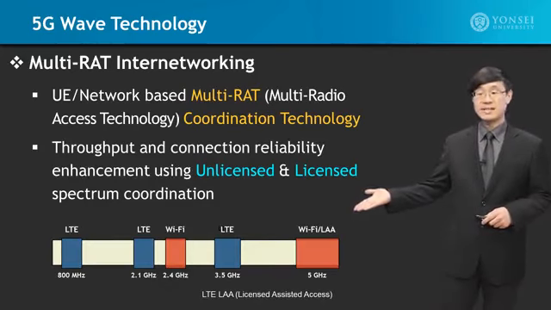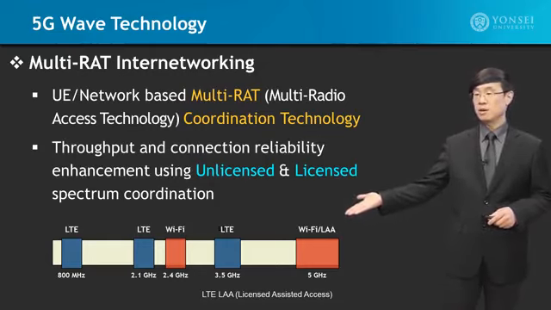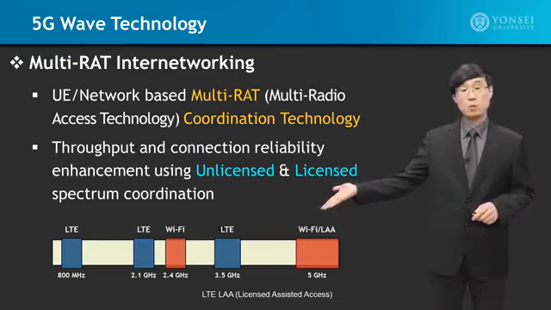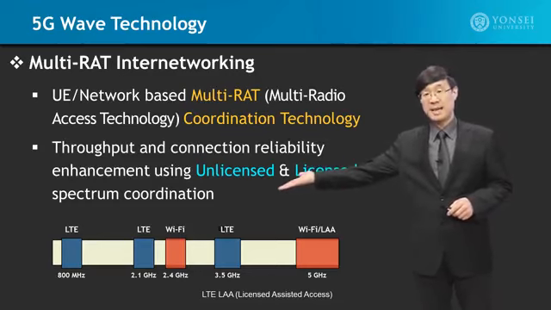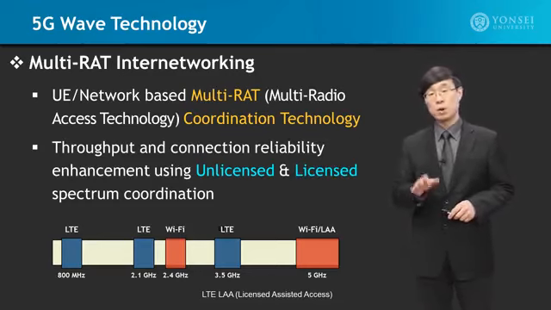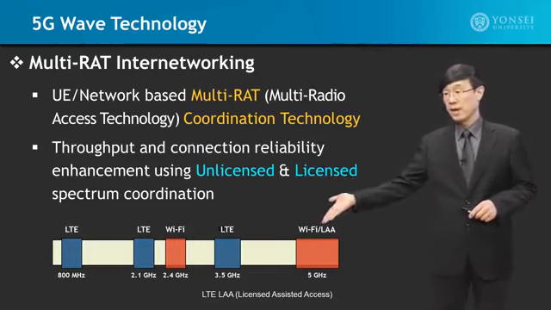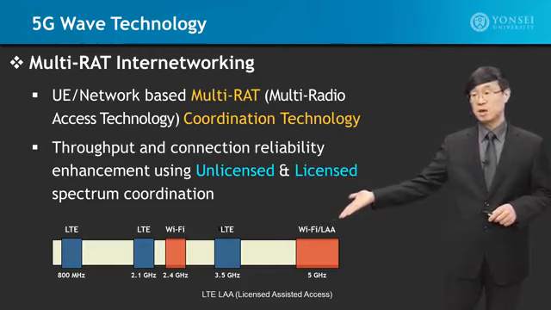Looking into unlicensed and licensed bands listed together, look at the LTE at 800 megahertz, 2.1 gigahertz, and then 3.5 gigahertz. These are licensed bands. And then unlicensed bands at 2.4 gigahertz for Wi-Fi, the ISM band. Also in that region is where Bluetooth and Zigbee and other devices use. Then over here in the Wi-Fi range, this is also the 5 gigahertz unlicensed band.